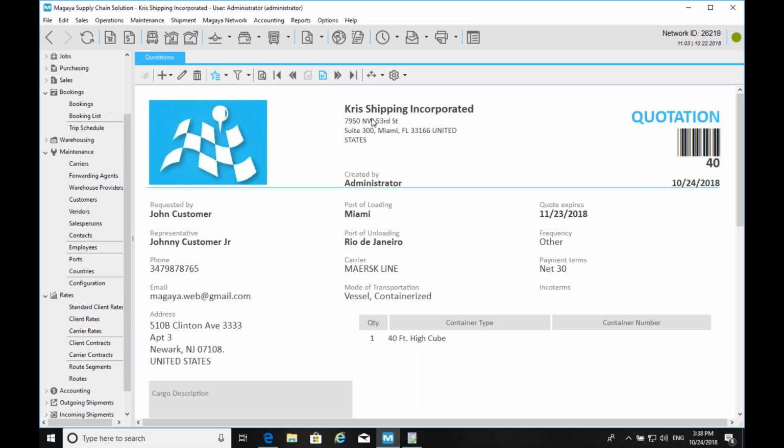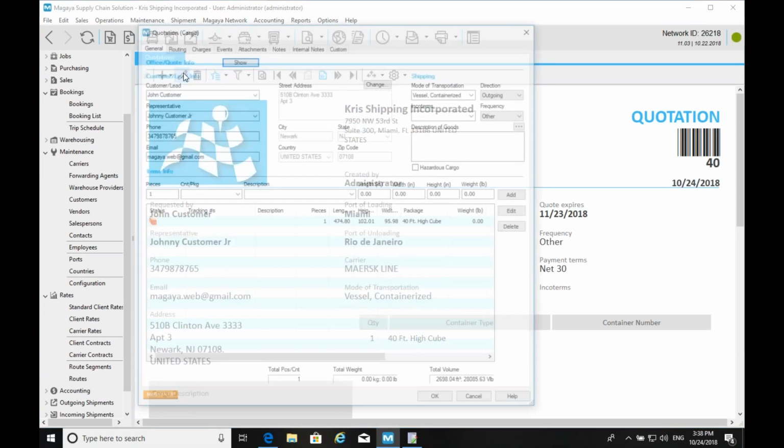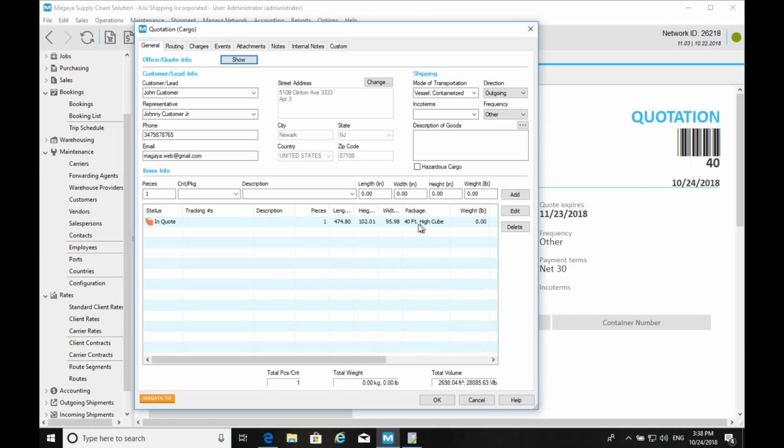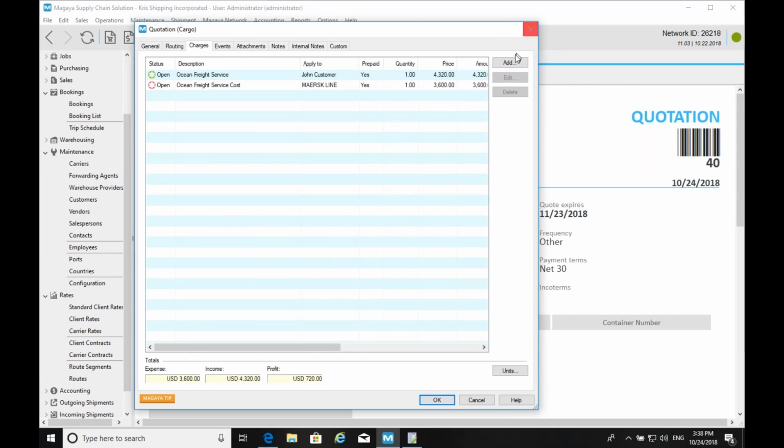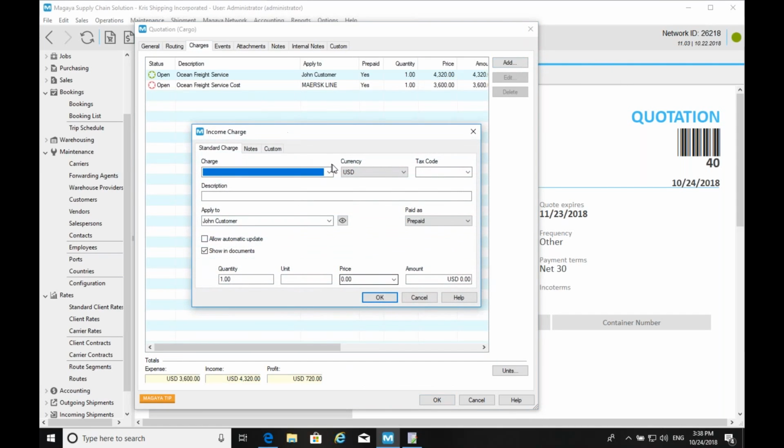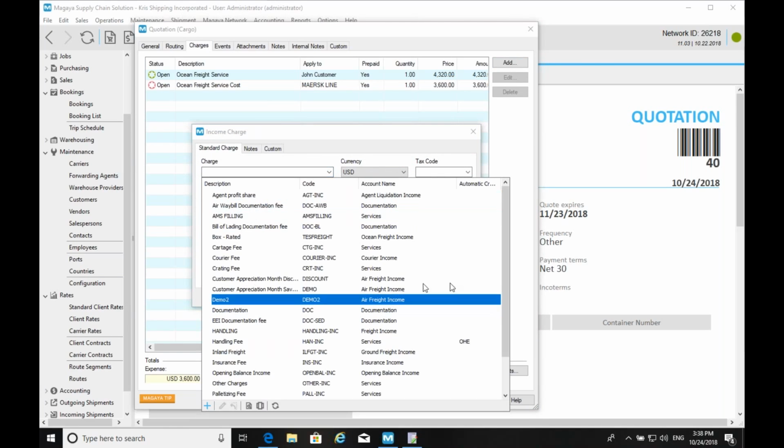For example, something very quick. If I go and add a test item to this same quotation here, let me say I add a new charge that we created the other day here.